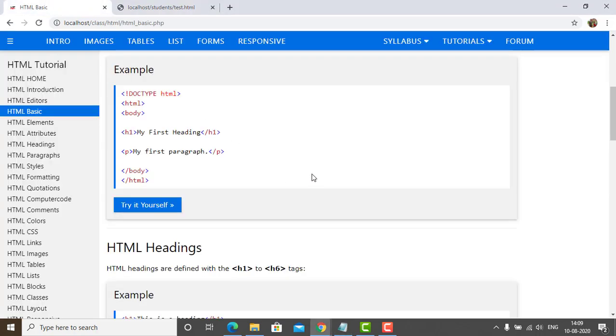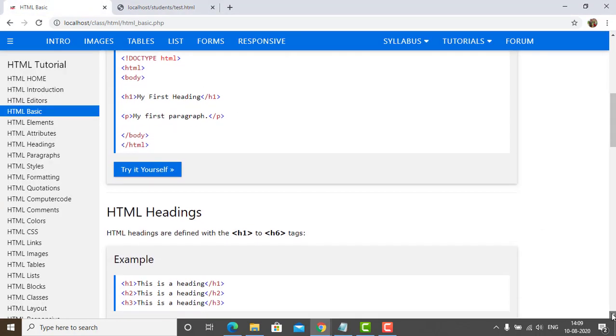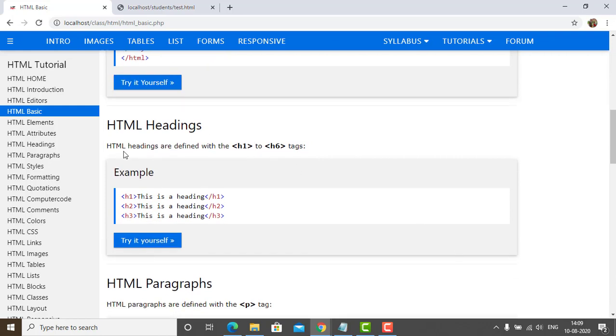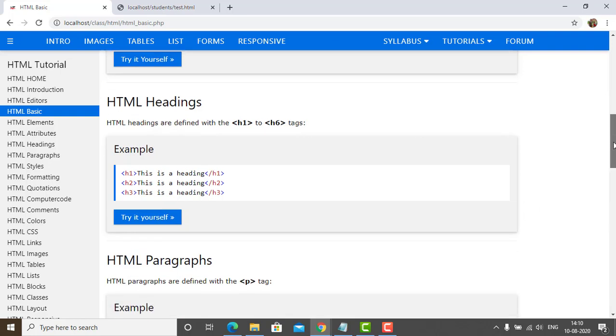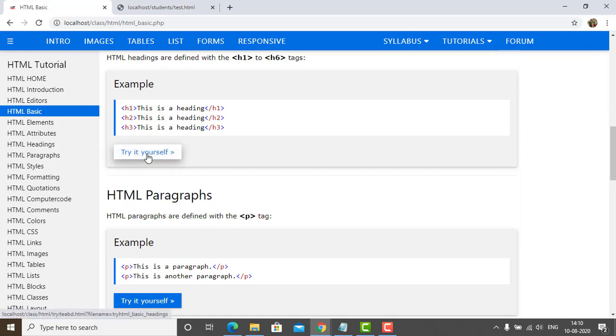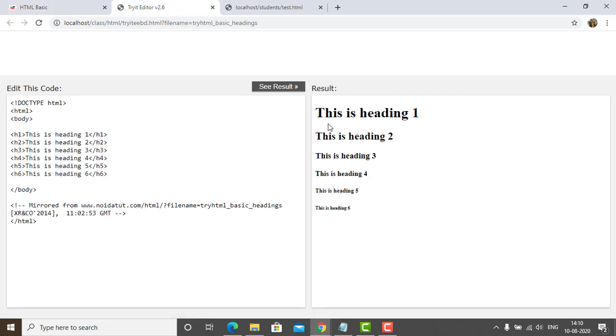Now let us have a small brief explanation about all these things. HTML headings are defined with h1, h2 up to h6. This is how it is going to run when we run it in a web browser. Now let us try running our text file.